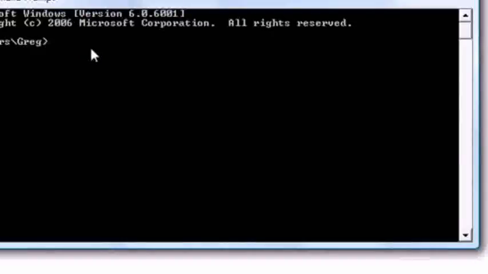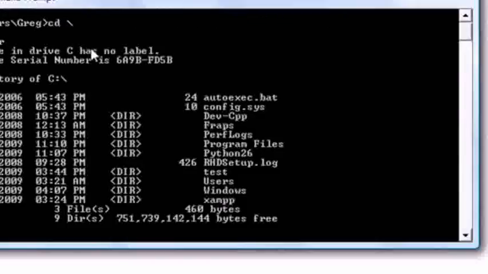So right now what we need to do is find this file. Use something called cd \. And what this does is take you to the very beginning of your hard drive. And this is just a quick tutorial if you've never used command prompt before. Once you're in your C drive, press dir and press enter. This is going to give you a list of everything in your C drive. As you can see, one of my directories or folders is called test. So let's go ahead and press CD, which